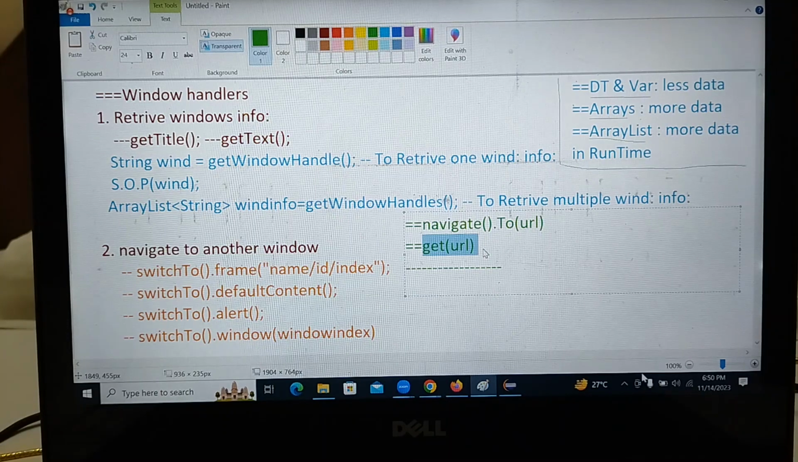Navigate.to and the get method both take care of entering the URL. What exactly is the difference between these two methods? Understand that both methods are used to enter a URL. Now the difference is that the get method